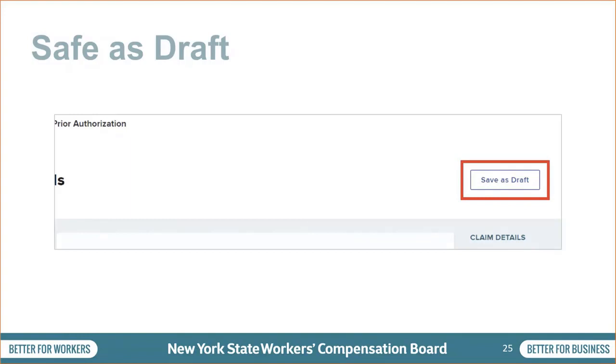You can save as a draft by selecting the Save as Draft button on the top right of the page. Your draft will be saved under the Draft eForms tab in your dashboard, where you'll be able to select it and continue completing the request later. If you entered information for multiple PAR types, each PAR will be saved as a separate entry in the Draft eForm queue. Draft eForms are removed if they are not submitted within 30 days from the date they are created.